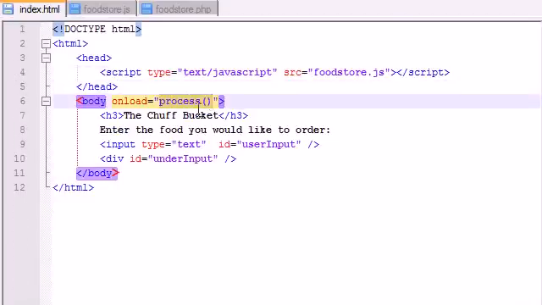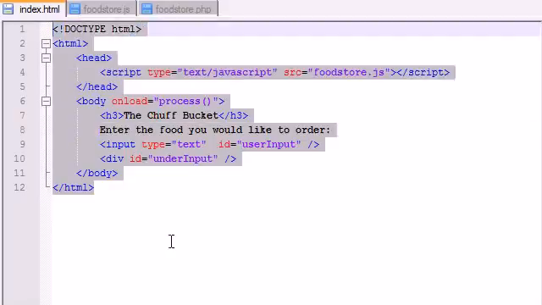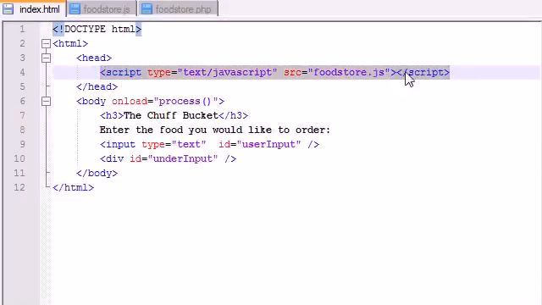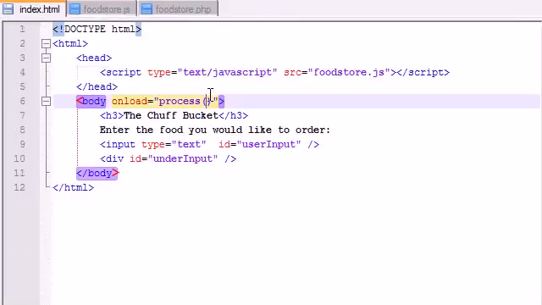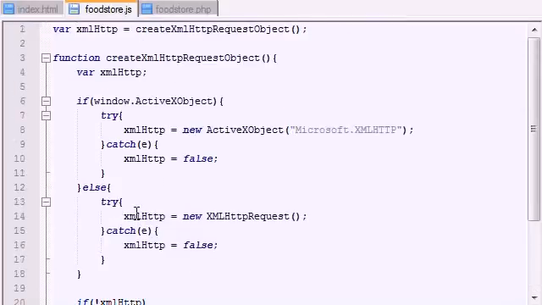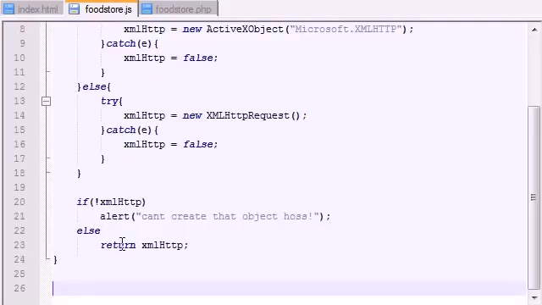Now remember, one of the first things we did is we made an HTML file, we linked to the JavaScript file, which is this right here, and we called a function called process. However, there is no process function in this file. So let's go ahead and create that right now. So function